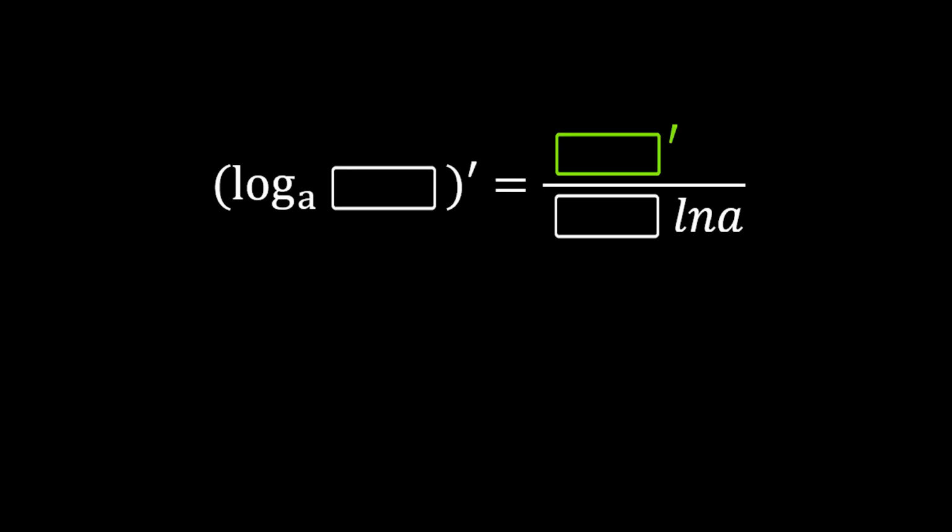Today, we'll learn a consistent method to differentiate logarithmic functions with any base value. The formula displayed on the screen is the formula we'll use today. When differentiating the log base a of box, the box moves to the denominator multiplied by the box prime in the numerator, which I always emphasize.